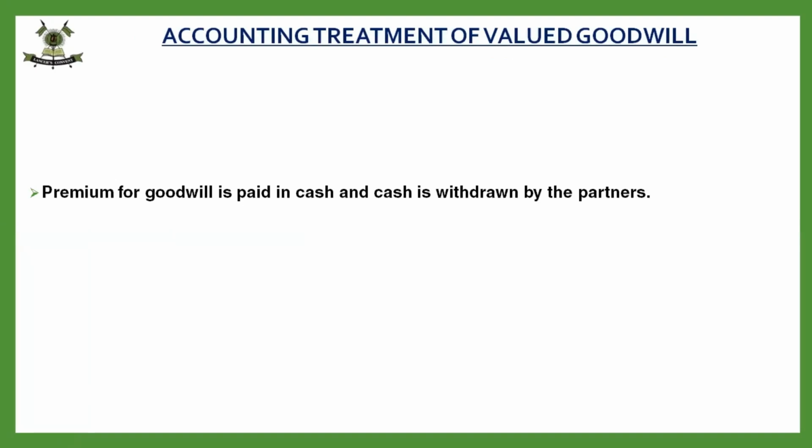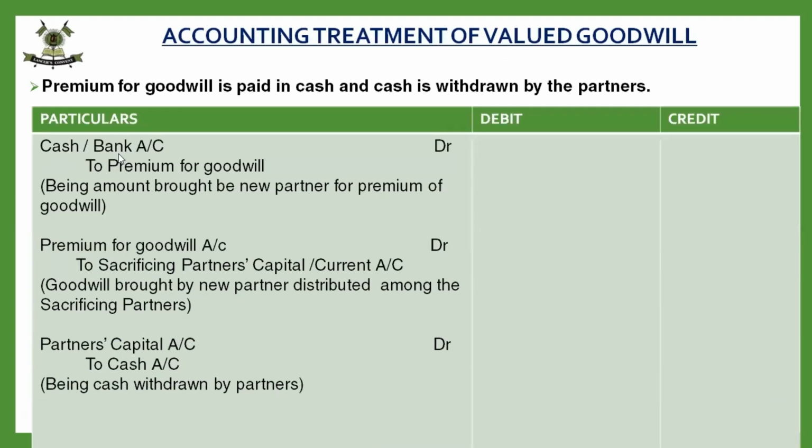Now in this case, suppose he brings premium for goodwill, this premium for goodwill is distributed amongst the partners, and the partners withdrew the amount. So what will be the entry? Whatever 9,000 and 12,000 they were getting, they will withdraw in cash. So the entry will be just like simple drawings: capital account debited to cash. Whatever amount was credited to their capital account on account of goodwill is being withdrawn by the partners. But you pass this third entry only when it is mentioned in the question. Otherwise, we believe that the cash is retained in the business.